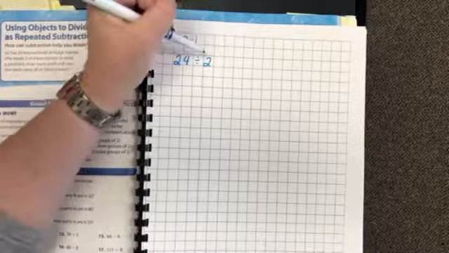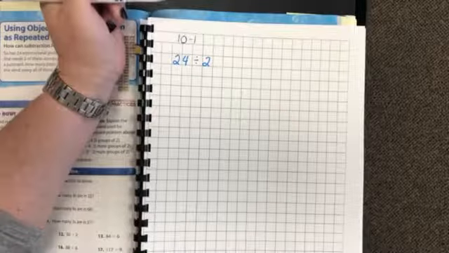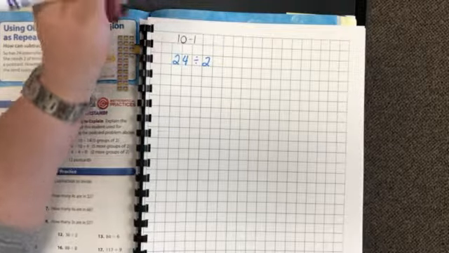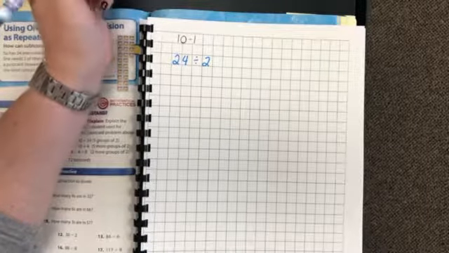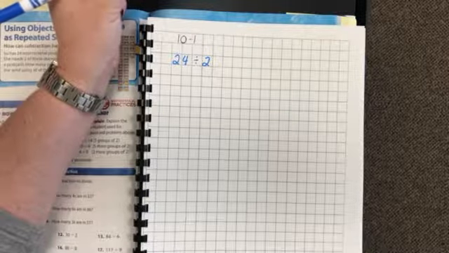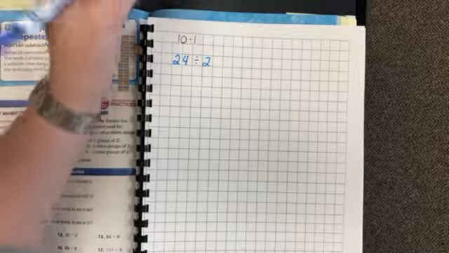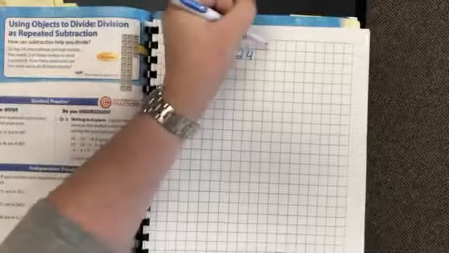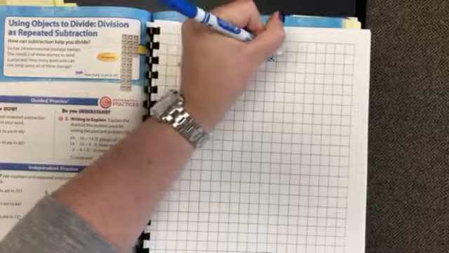Okay, well, I need to make groups of 2 and I have 24 to do it with. So I'm going to put it into groups of 2, and I'm going to see how many groups I can make. One way to do repeated subtraction is like this. Okay, well, 24 minus 2 is